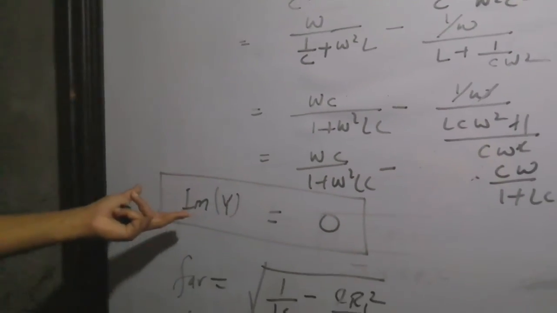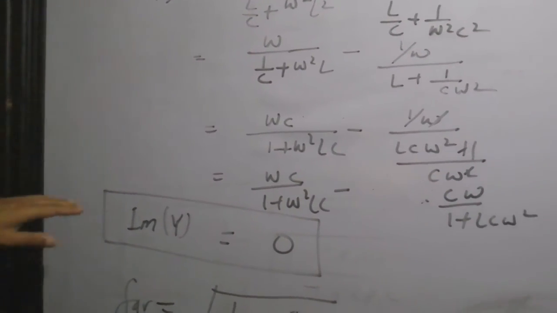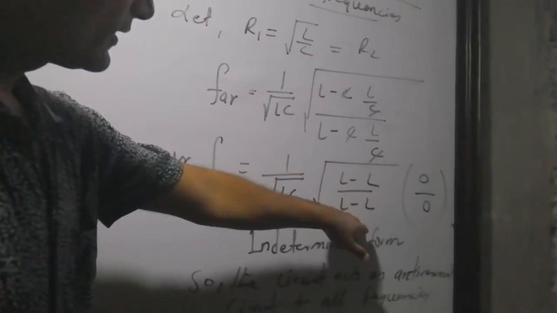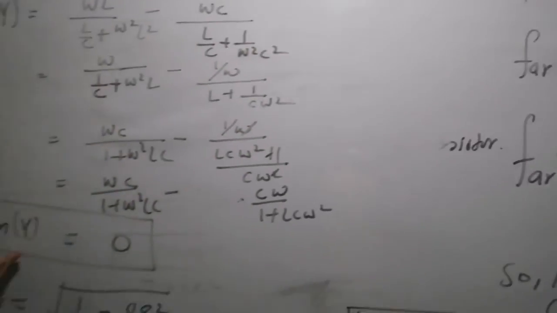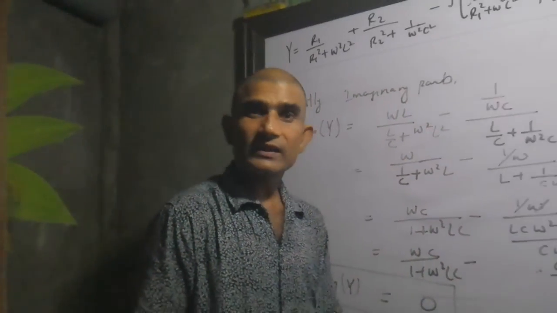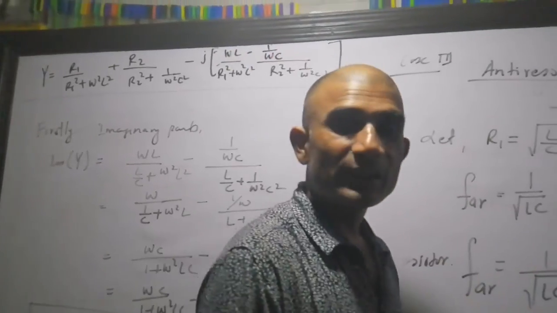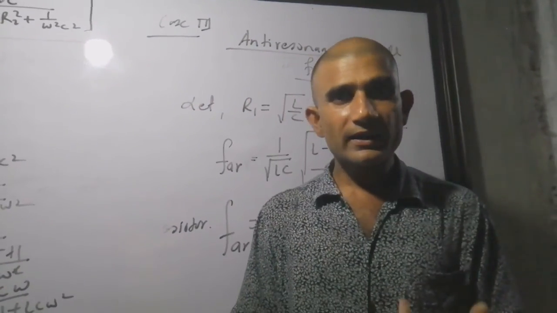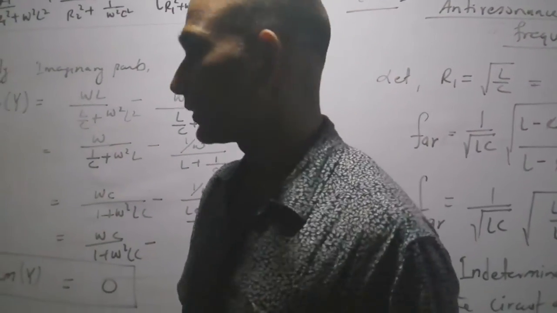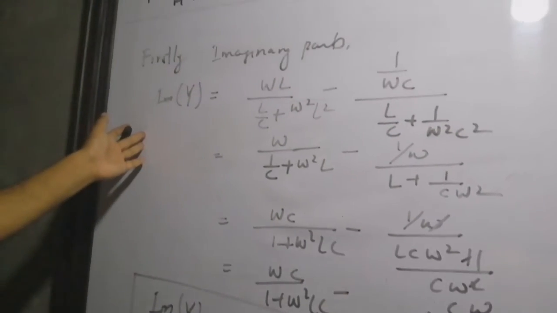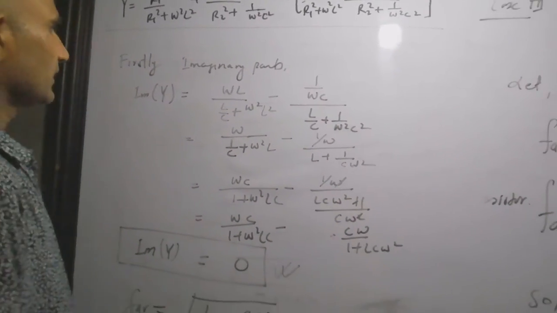It indicates the condition for anti-resonance. Even though this frequency is indeterminate, that indeterminate case takes place when the imaginary part is equal to 0, meaning the circuit is under unity power factor. It means the circuit is still inside the anti-resonance. So interesting, I told you that this circuit acts as the anti-resonance circuit for all the frequencies. So that we got here. And now finally we can show with the imaginary part that it's the anti-resonance frequency.